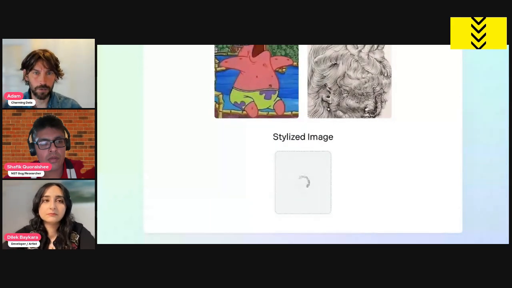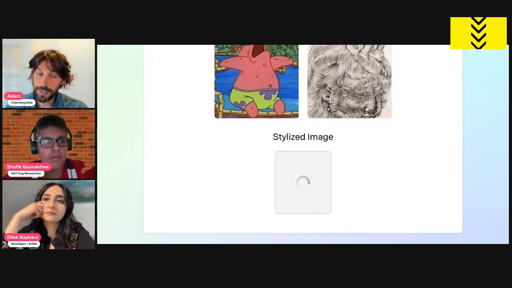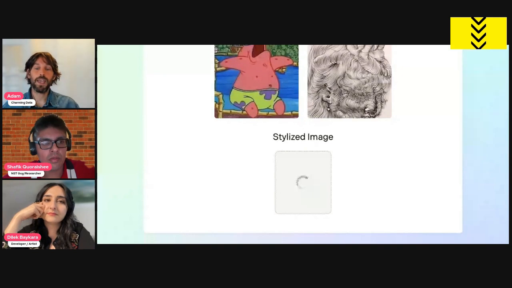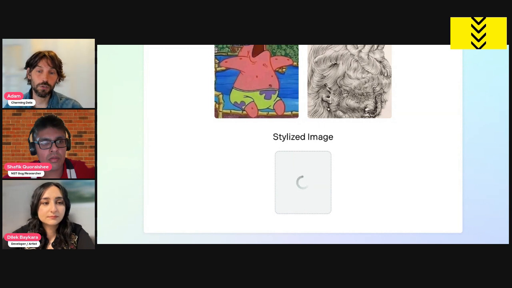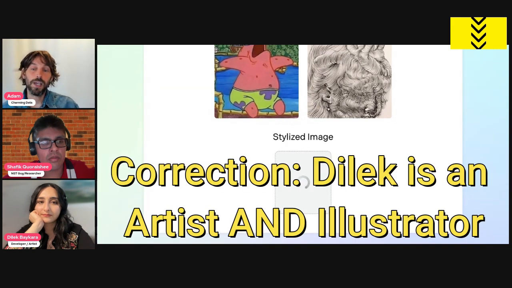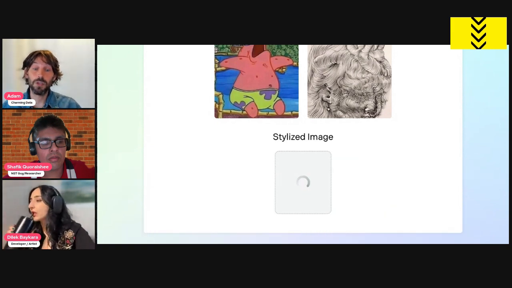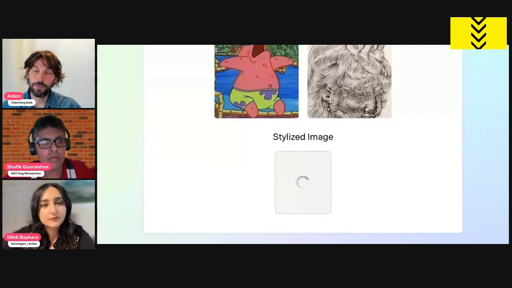So while this is loading, because it's kind of spinning up the server, let me introduce you to Shaf and Dilek. Shaf is an engineer at the New York Times, and he works on the New York Times Games platform. He has a research background in computer vision and AI-based computer vision techniques. He has also previously worked for the Department of Defense, the NBA, and Business Insider. Dilek is a developer and artistic illustrator. She has created illustrations for various publications and musical acts, such as Scientific American, The Intercept, and The Grateful Dead.